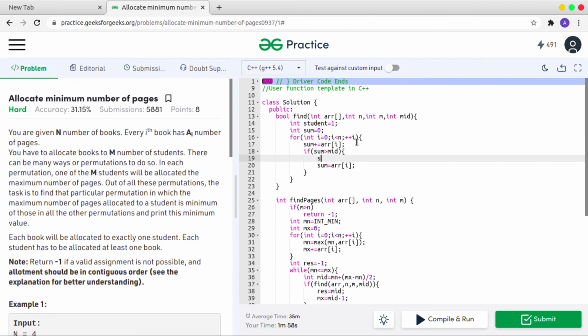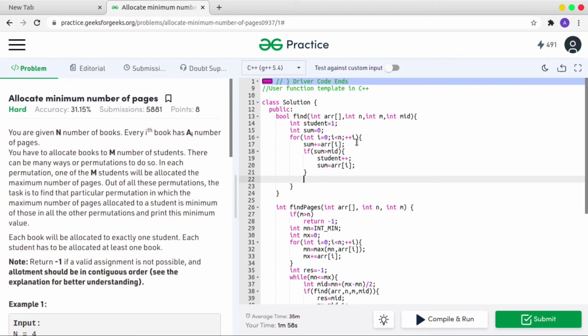I am starting a new student here, and it's going to carry a sum of arr[i], which means again the books will start from somewhere, starting from mid. So if you find something like this, then you will return true.